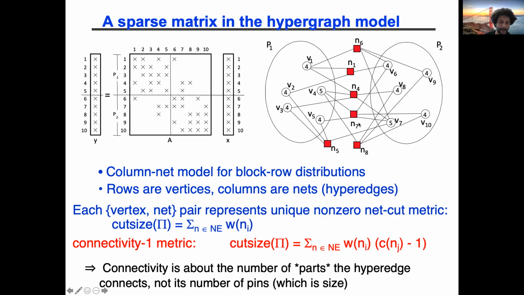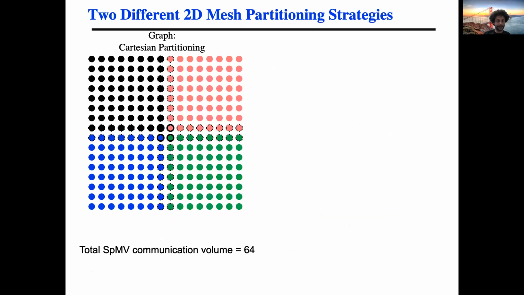Now, of course, this is a bisection problem, so it's somewhat of a dumb question because it always connects two parts. So the connectivity of every hyperedge in this example is 2. But if you were looking at a k-way partitioning problem, where you're dividing it into k pieces, the connectivity of a hyperedge would be the number of parts it's connecting minus 1, which would be the accurate description of how much communication is needed when someone needs that entry. So that's all there is. And using this right model in hypergraphs, you can get much better quality. And there are good hypergraph